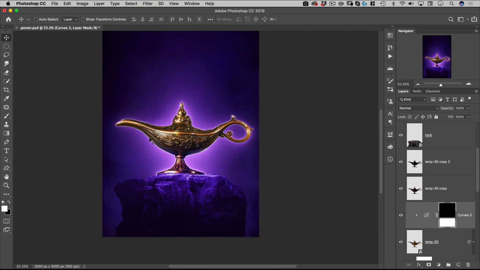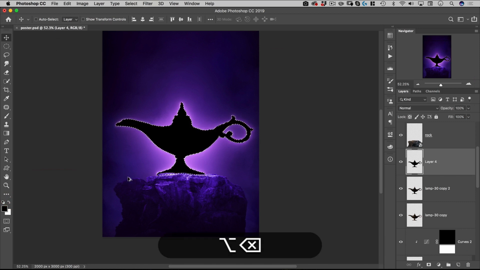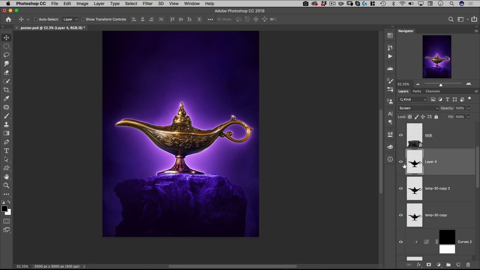Next, I want to add the inside glow. And to do that, I'm going to hold down Command, kind of what we did at the bottom where we made a new layer and just filled it with a selection. But in this case, I want to fill it with black. So Option Delete, we have just this black layer. And the reason for that is I can put this on screen,